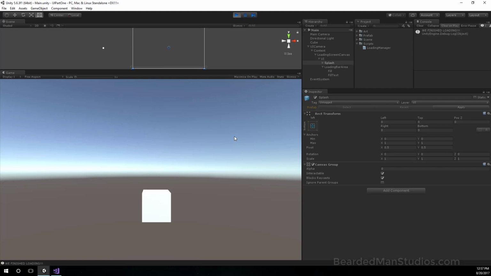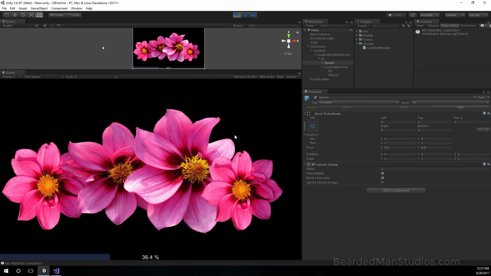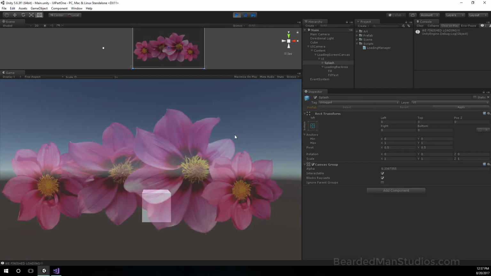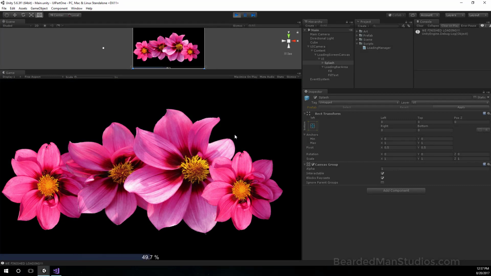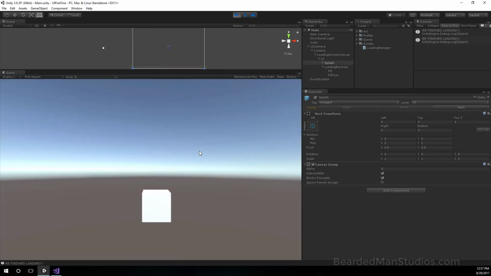And then we're going to hit spacebar again. There you go. Still going. And then if I hit spacebar anywhere in between, it just restarts the whole sequence all over again, because that's just the way that we're debugging. But that's how you do it. That's how you make a very simple splash screen. And you can see that it's calling our debug log that we finished loading, and it will call it